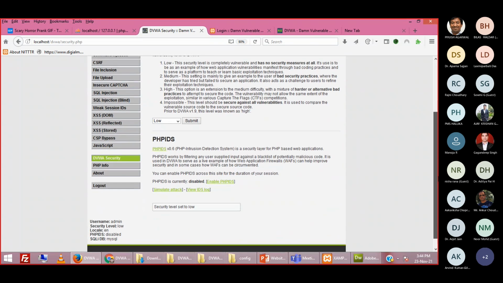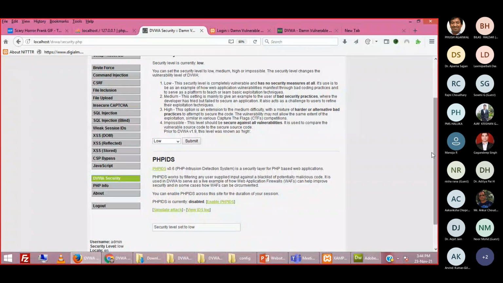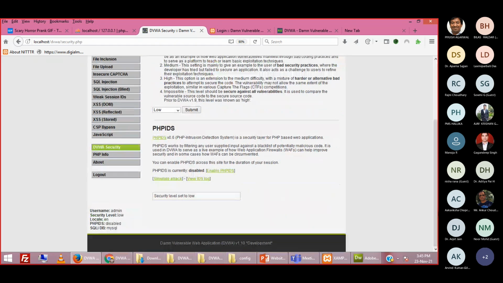After setting this security level to low, now you are ready to rock. Now you can perform many exploitations on vulnerabilities. You can perform many attacks like brute force, command injection, CSRF, file inclusion, file upload, SQL injection, XSS, right? All these attacks you can perform and learn.